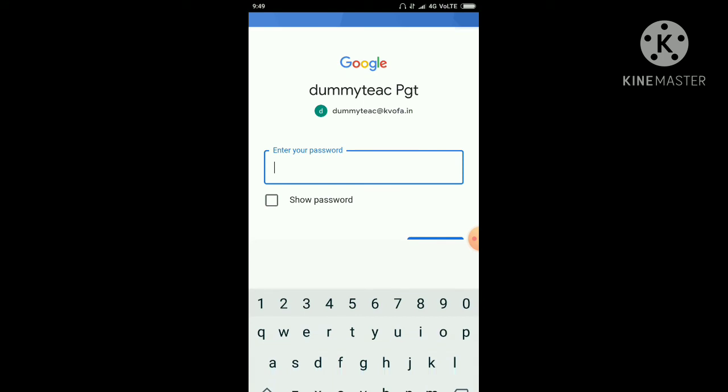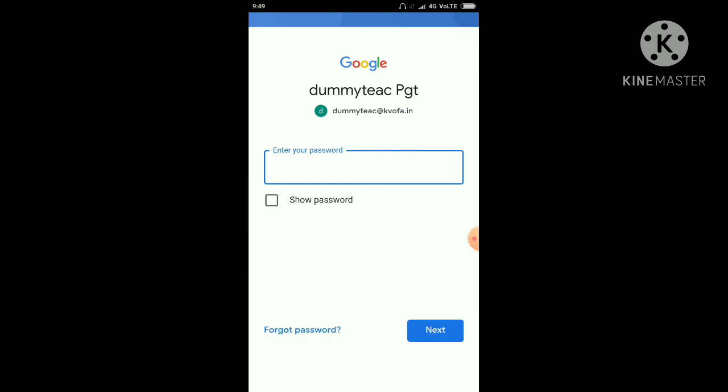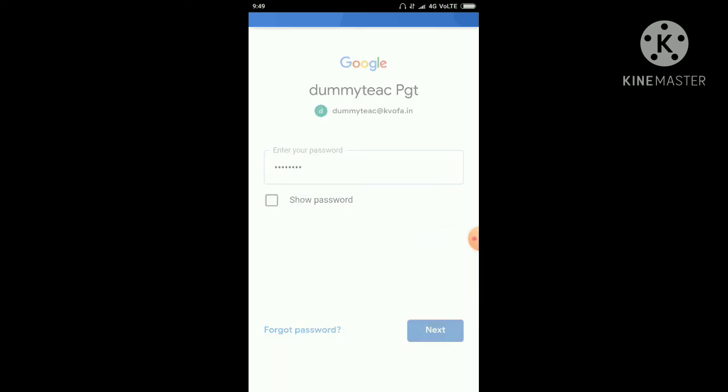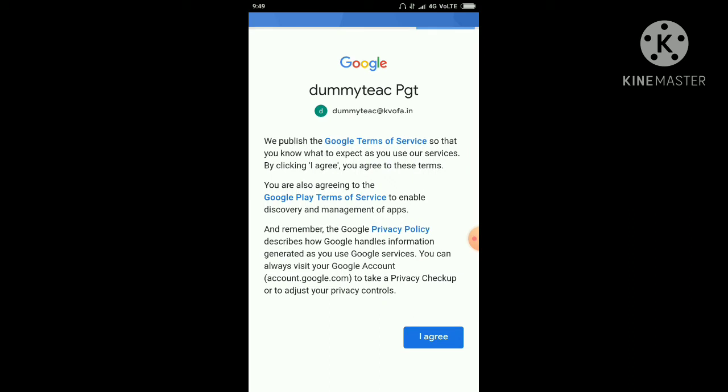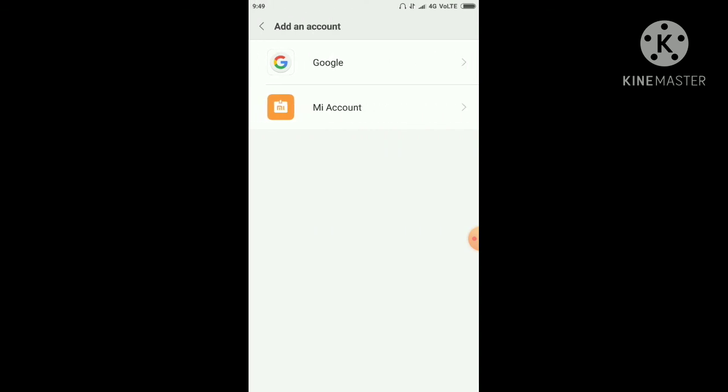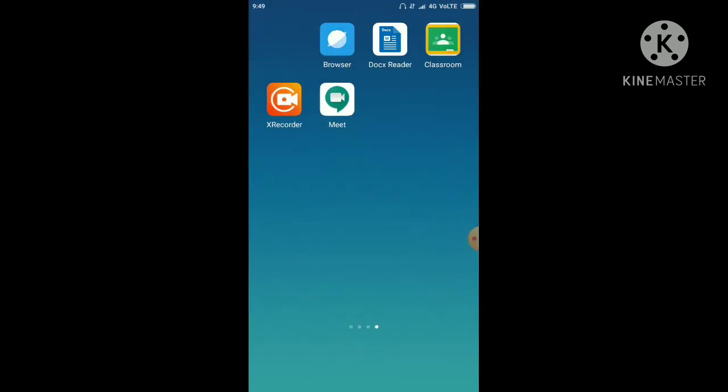Make sure that in Google Meet you are logged in with the same ID you are logged in with in the classroom. Otherwise you will not be able to take the classes. You have to press the I agree button. In the same way you have to also tell the students.